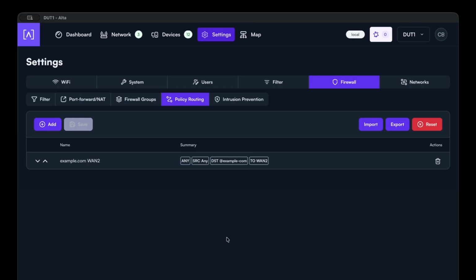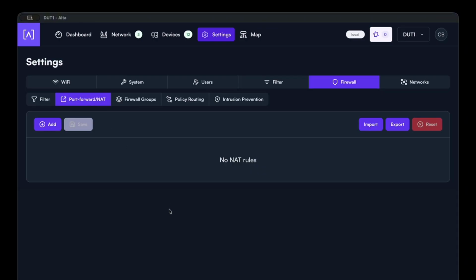For the next example, we're going to configure a source-restricted port forward. We're going to open up a web server only for traffic sourced from a specific dynamic DNS hostname. This is vastly safer than opening a port to the entire internet since it keeps your attack surface limited to only the IPs the hostname resolves as. Ideally, a VPN is a better option to use, but for cases where that's not viable, a source-restricted port forward provides much better security than a wide open one. Note that in this case, you cannot use a wildcard domain. There's no assurance that any client will perform the necessary lookup, so you need exact host names